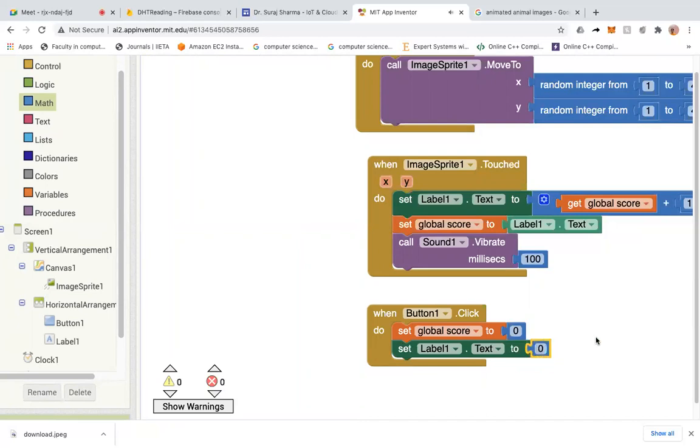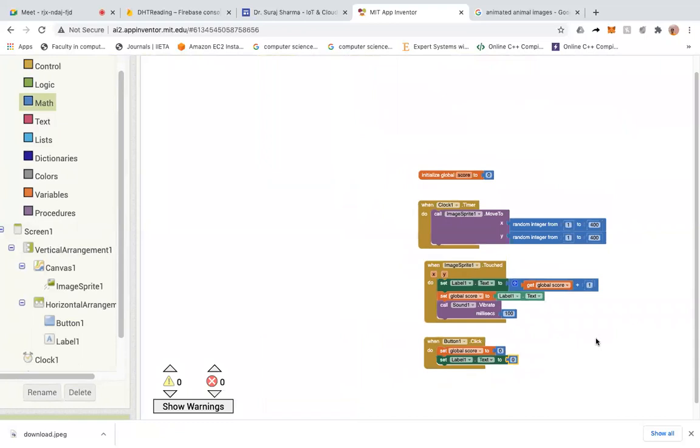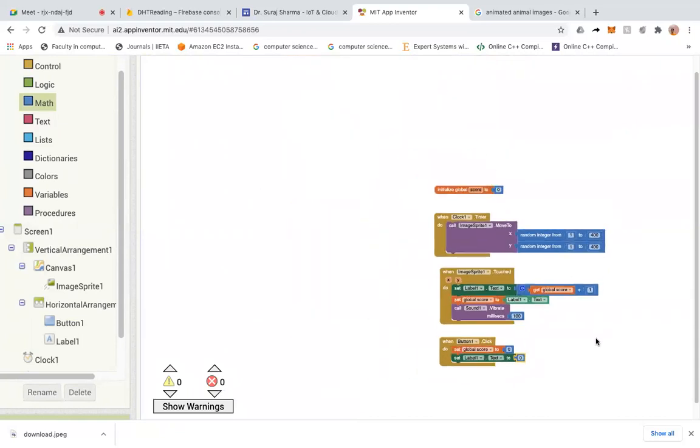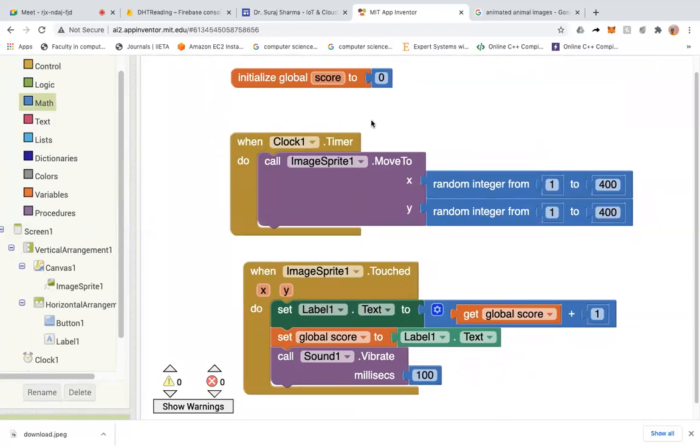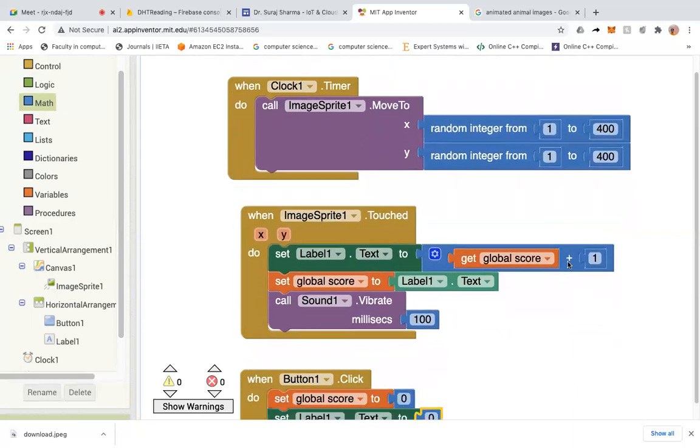So this is my logic. I think you got the idea. I have taken first the global variable score, initialized with 0. Then I took the timer. Every half second, the image will move to a random position.